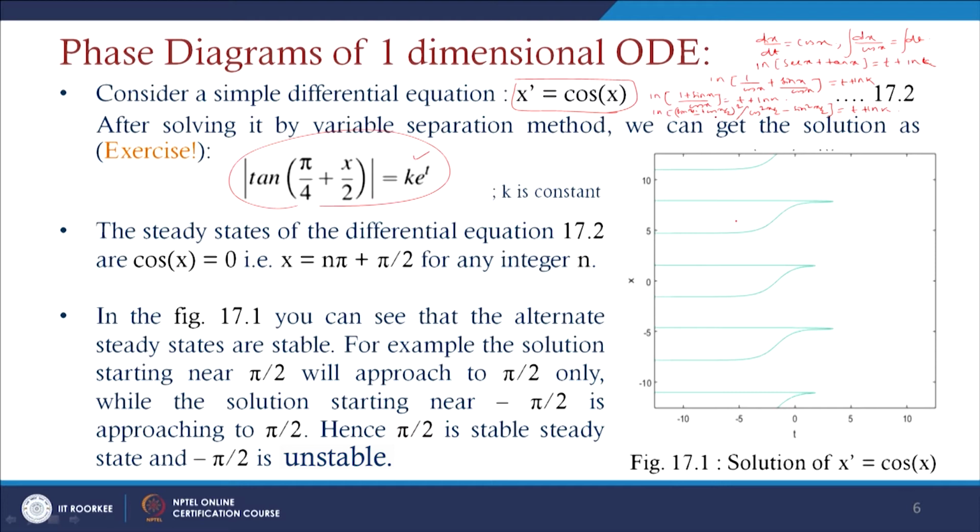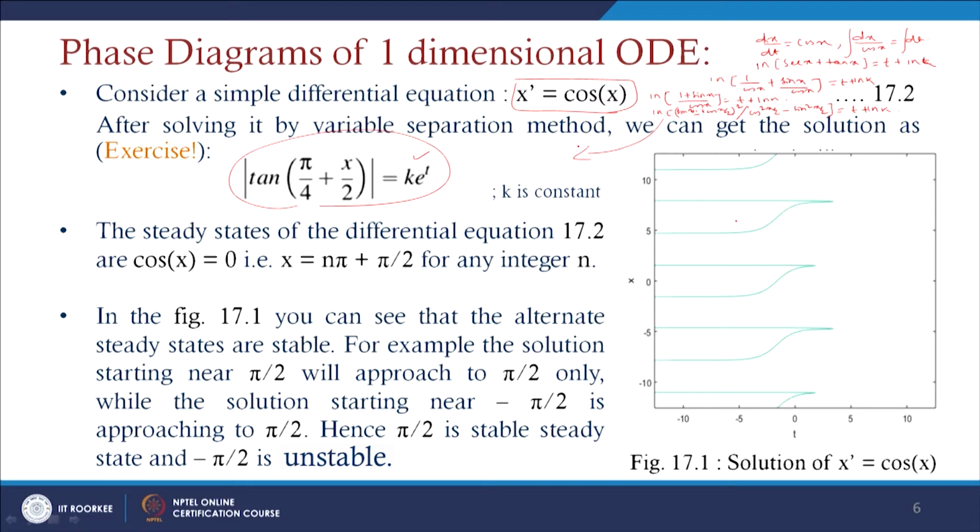I have not done the complete calculation here since the space is less, but obviously you can do this. If you cancel out one term here, sin x by 2 plus cos x by 2 over cos x by 2 minus sin x by 2, it will be there. If you take common cos x by 2, then it will give you this tan form, and obviously it can be written as tan of pi by 4 plus x by 2, where k is a constant here.